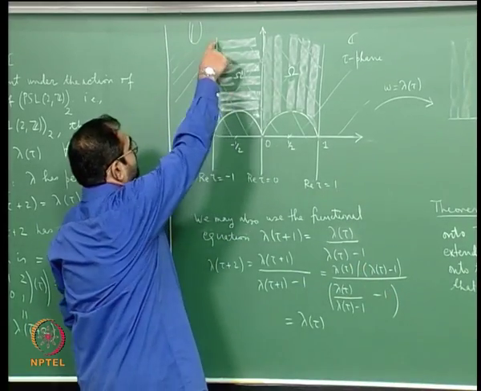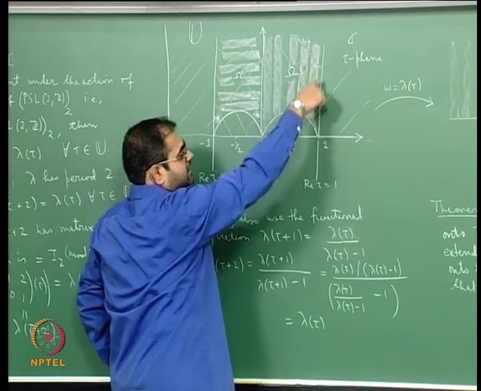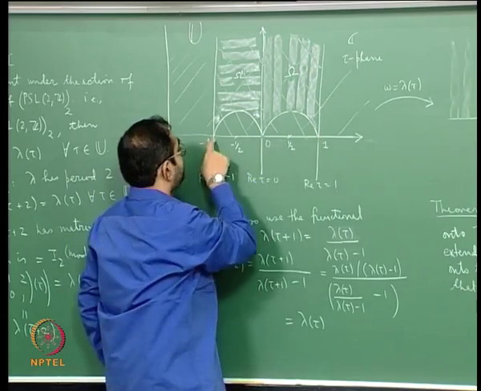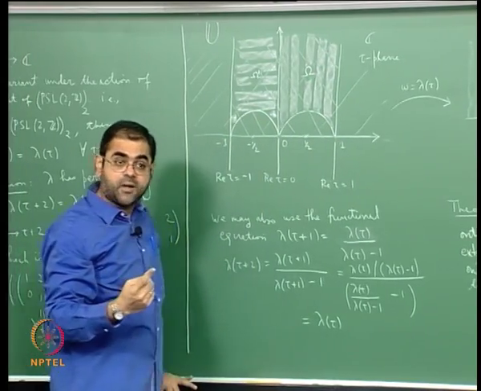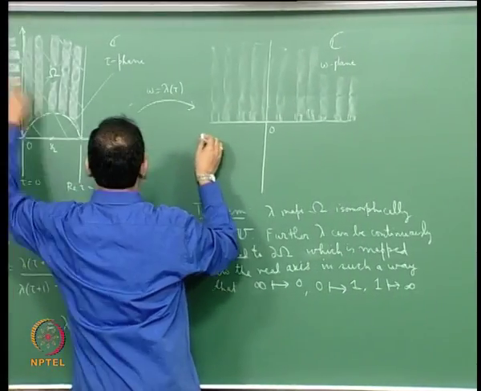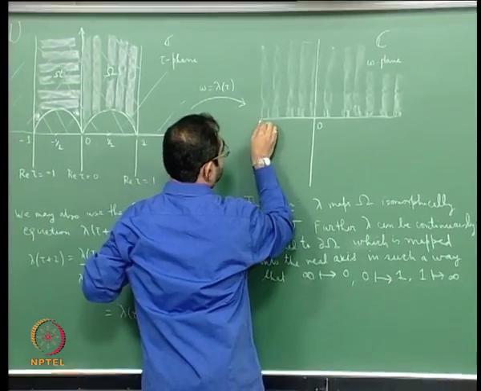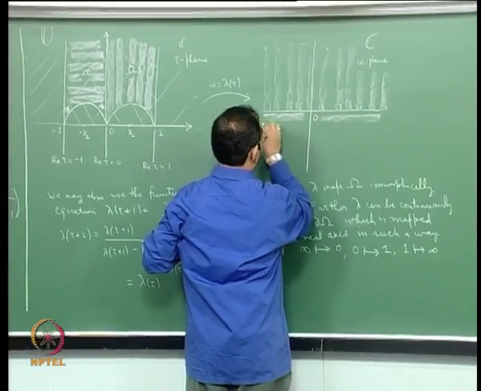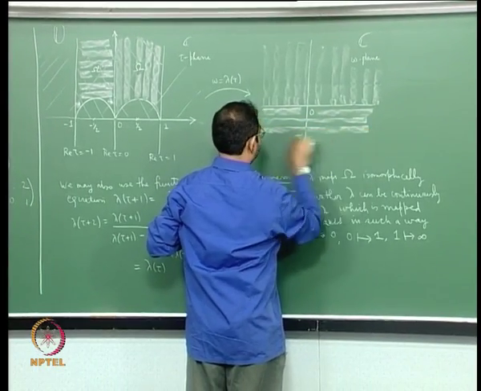And mind you, the values of lambda here are exactly the same as values of lambda here, because this differs by 2, which is the period of lambda, alright. So what will happen is that the image of this is going to be the lower half plane, you are going to get this,